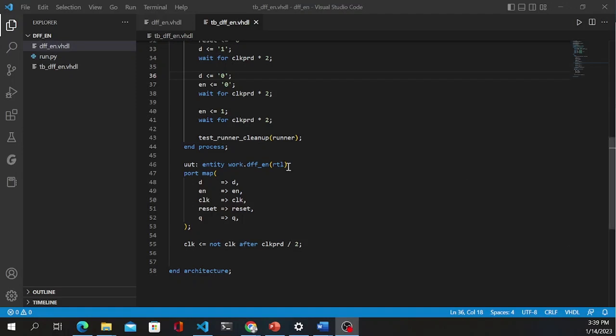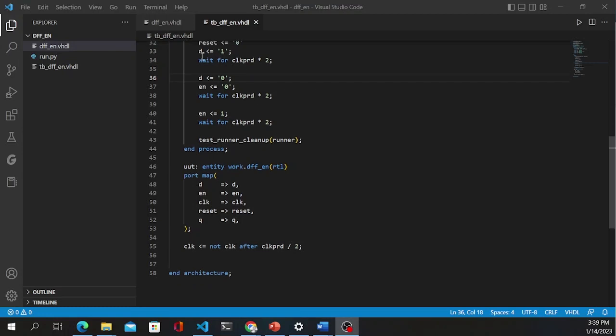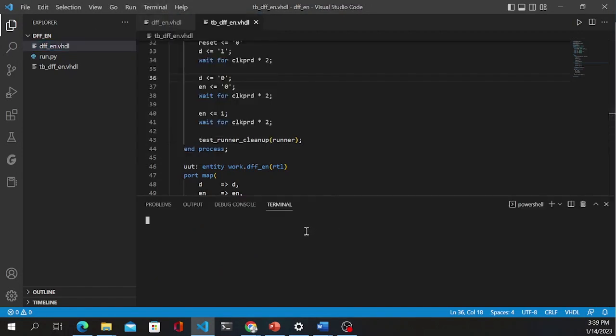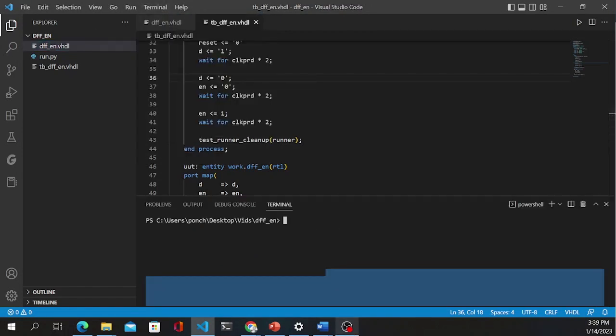So now we're going to test, we're going to run our code that we wrote, the test bench, to test the D flip-flop with enable. And to do that in VHDL, we're going to have to open a new terminal, and then we're going to use Python,